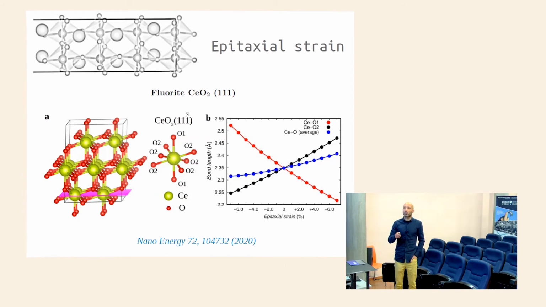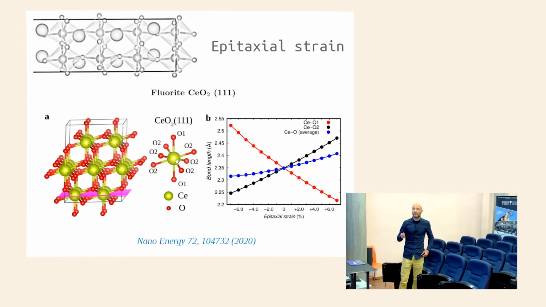So if you look at the bonds, if we take a cerium atom and we look at the oxygens around it, all those bonds which have some large projection on the plane over which we are applying a strain will increase on the tensile side, whereas they will decrease on the compressive side. So see, this is the CeO2, bonds which have a large projection on the 1-1-1 plane. So these increase here and decrease on this other side, whereas the cerium O1, which is the bond